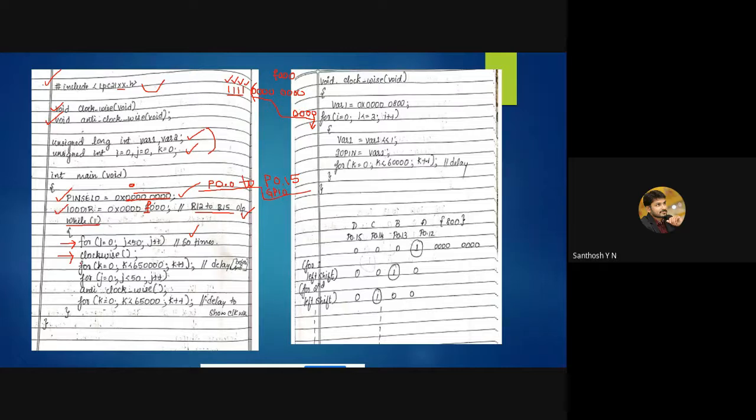Next, you are creating a small delay as we have seen for the DC motor. And again we are making the stepper motor rotate in the anti-clockwise direction. How many times do you have to make that process? You have to make that process 50 times. So that's why one more for loop is there, and you are calling the anti-clockwise direction function. And you are creating a small delay before the motor gets stopped.